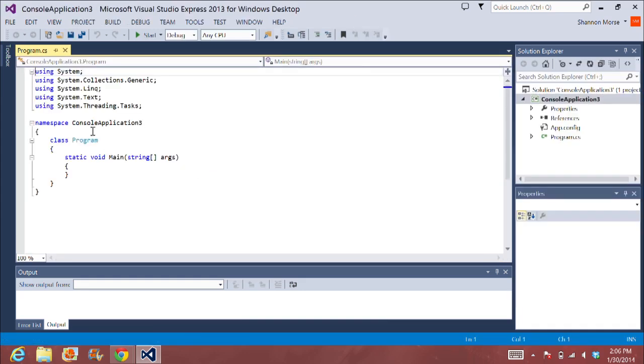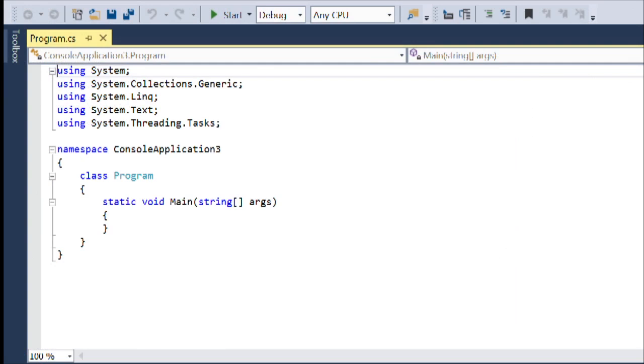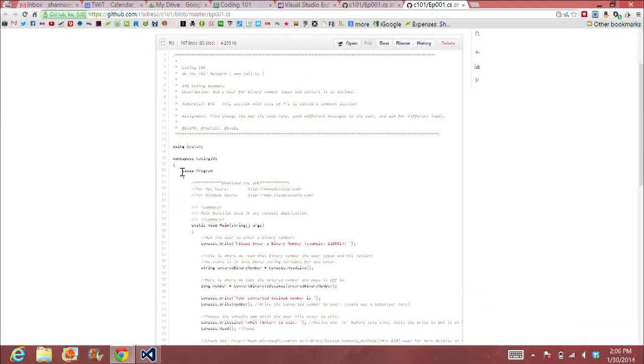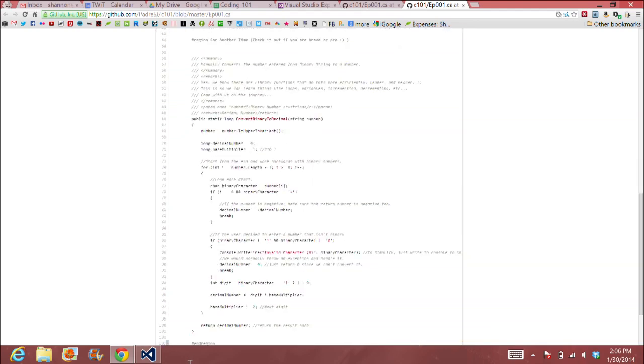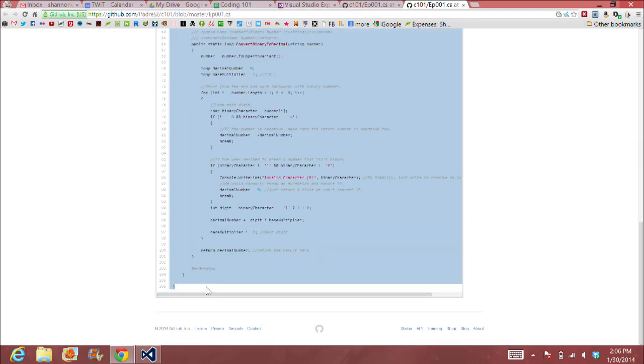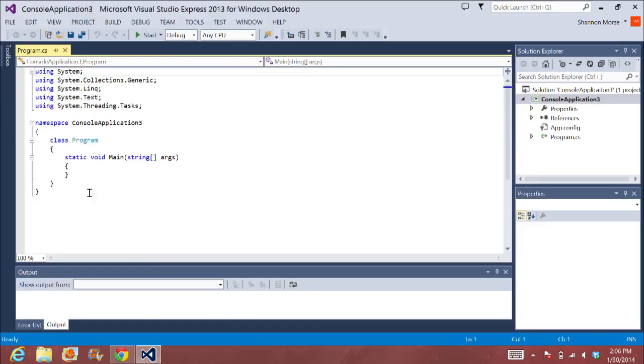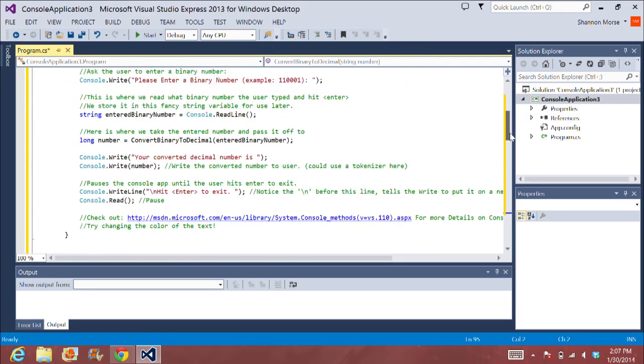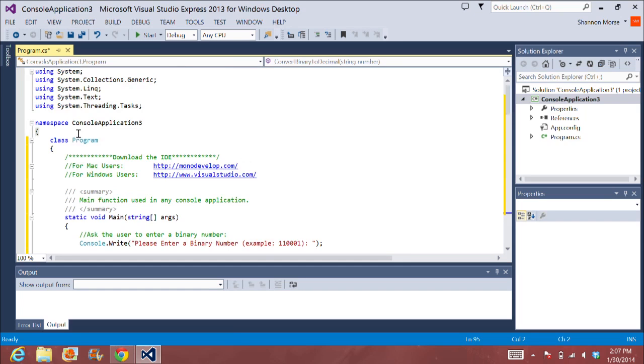And then it'll open for you. It has a little bit of information up here, and then this is where the actual code starts. So I'm going to take the code from GitHub, and I'm going to start with class program. I'm going to copy and paste all this information and then bring it back over here. I'm going to just cut that out and repaste the new code right into my line. So now I have pretty much the same exact information that we got from the code last week.